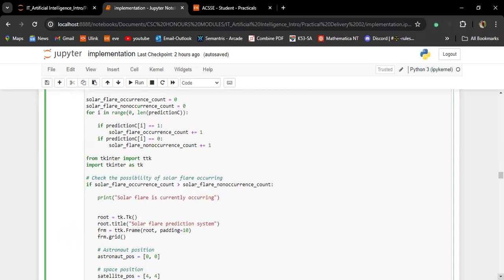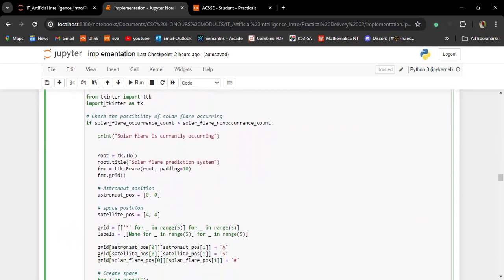What is going to happen next is that I've used these packages, these libraries, to create a console interface where we'll be visualizing our space astronauts and every other feature. We check if the solar flare occurrence count is greater than the non-occurrence count.